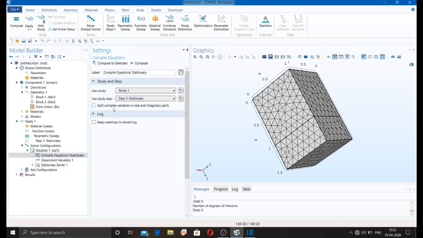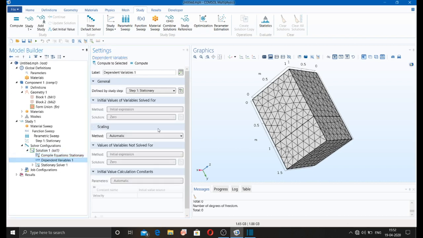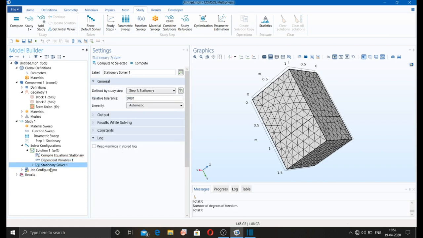From here you can see the study step, study 1. As many studies as you want to add in this particular analysis you can add, such as study 1, study 2, study 3, and so on. Dependent variable, stationary solver. So here you can see the defined by study step. Relative tolerance, linearity, you can use automatic, nonlinear, linear.